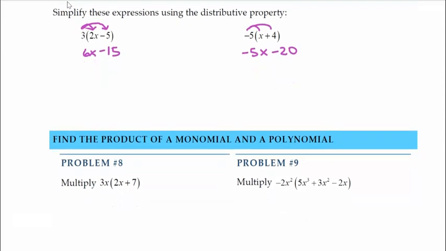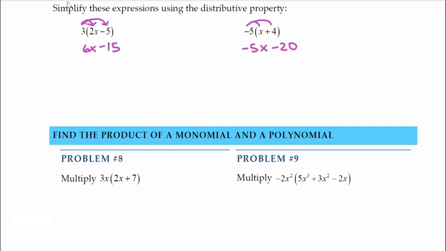Okay, so let's build on that idea here, and we're going to need to use some of those properties of exponents a little bit to be able to simplify some of this. So now we can see that we have a 3x on the outside. So 3x needs to be distributed to everybody. All right, so 3x times 2x is going to give me 6x